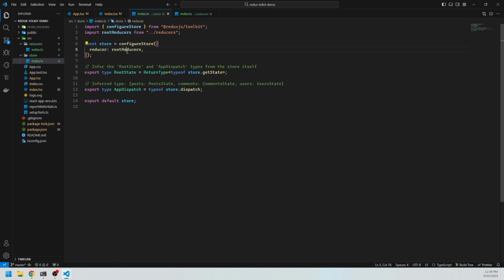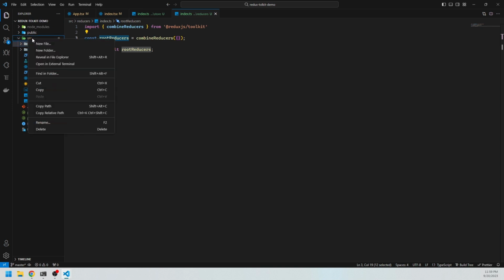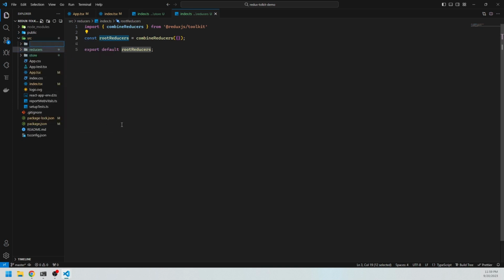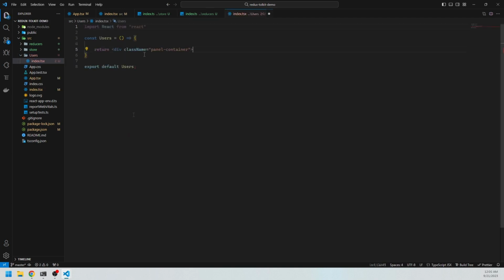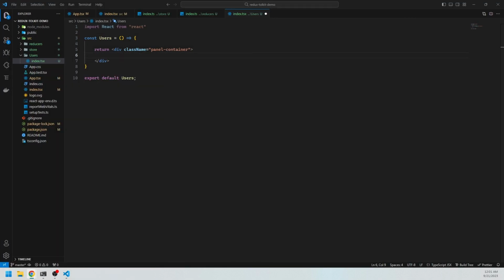Here, let's put some values in the root reducers. For that, we are going to define a users module. Let's get a new file index.tsx. This has a left panel and this one has a right panel. So in the left panel, this whole page will act as a panel container. So create two divs,